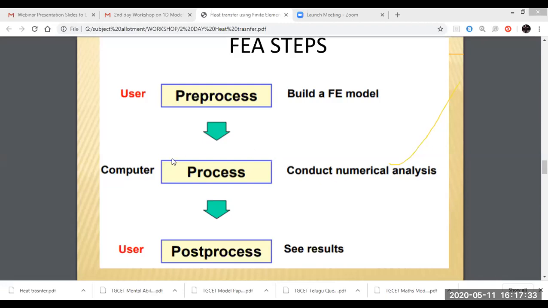Now it's going to solve the results. After getting the results, we are going to see them graphically in a GUI, graphical user interface. We are going to see them color-wise, or maybe notation-symbol-wise, in post processing results. That is the third step. The third step is the post processing results.